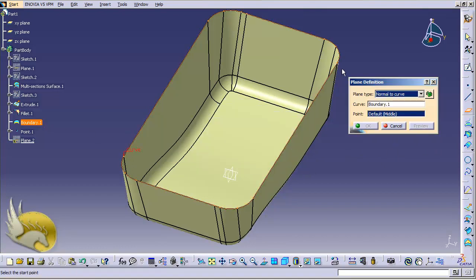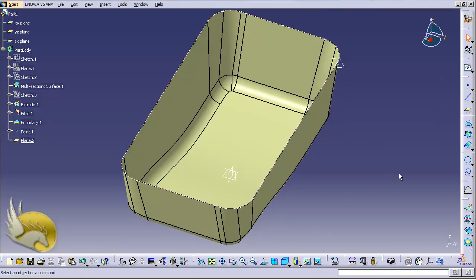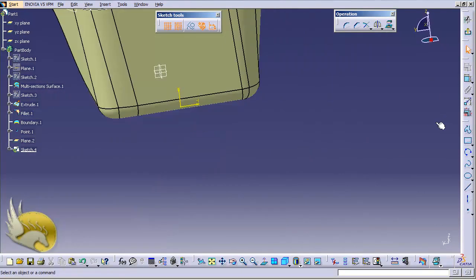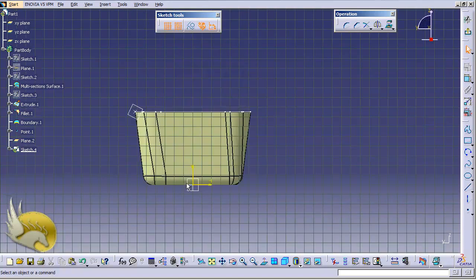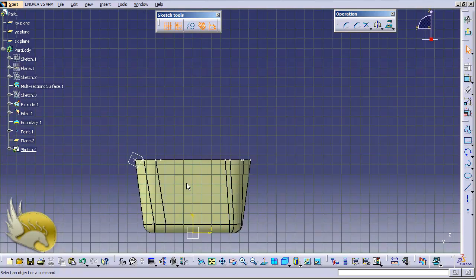And the point is this point that I have created here. I click on point 1. Now you can see the plane. I click on OK, select the plane, go to sketch environment, and now I want to create a profile here. So let's